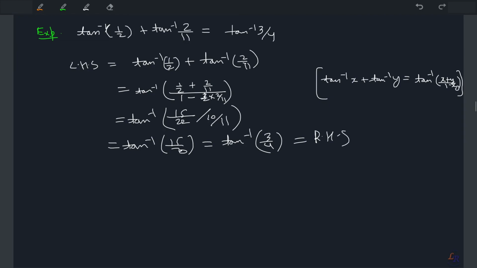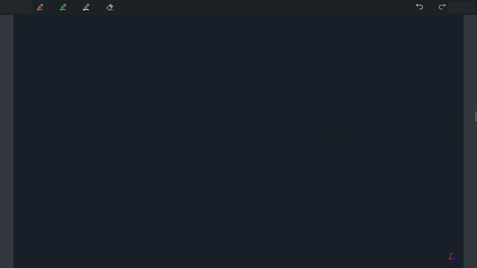The other problem can look like this, for expanding. So for example, let's say I want to write in a shorter form tan inverse of cos x upon 1 minus sin x, right? I want to solve this. And of course it is given that x is less than pi by 2. So this is the condition, of course, given because there it is defined. So we want to solve it. So how to solve it? You can write this as tan inverse of cos x upon sin x.